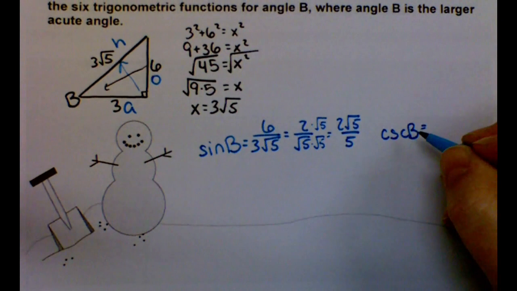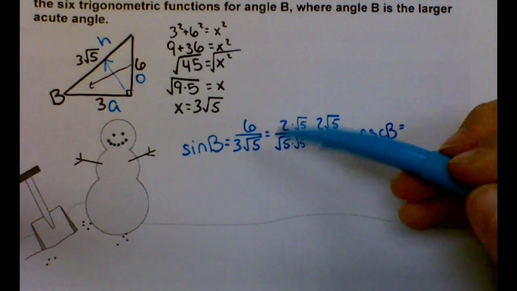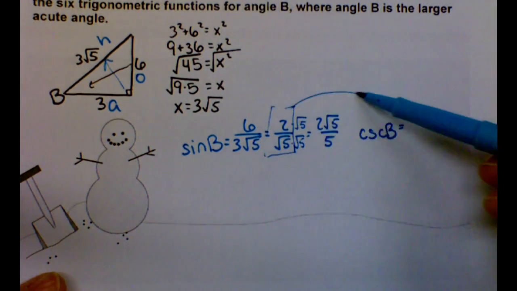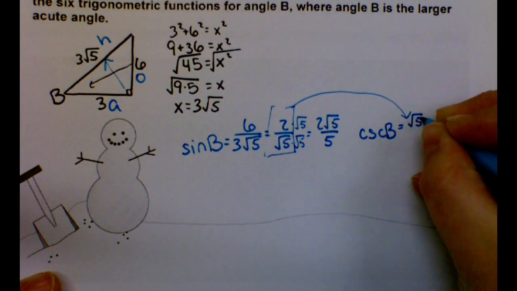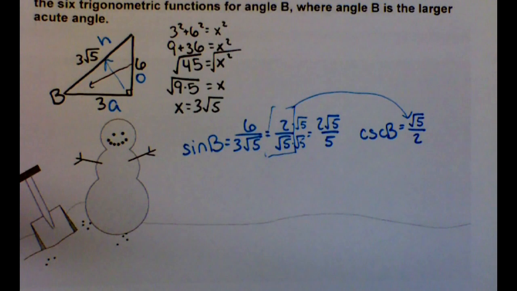Because remember, cosecant is the reciprocal of sine. To make your life easier, either start at the very beginning or before you rationalize the denominator for your reciprocal. Because this way it's square root of 5 over 2. If you didn't start there,